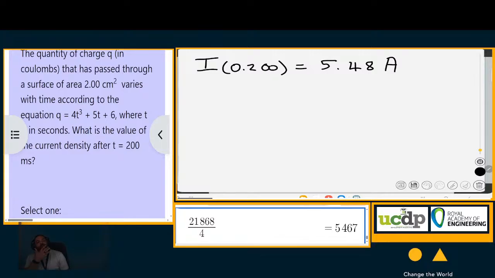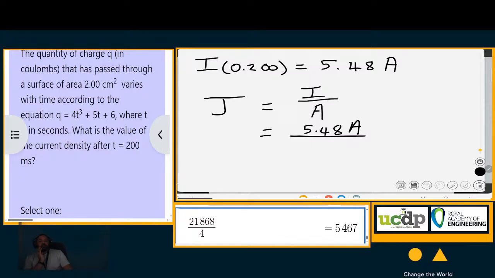That's the current we just calculated, but we want the current density. Current density is equal to the current at that time divided by the cross-sectional area. So it will be 5.48 amperes